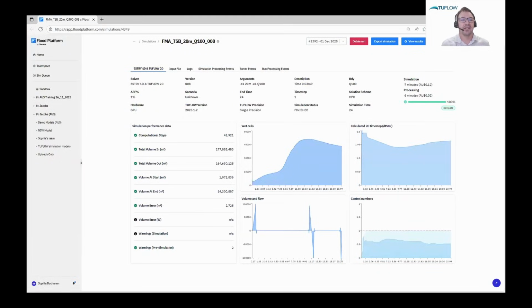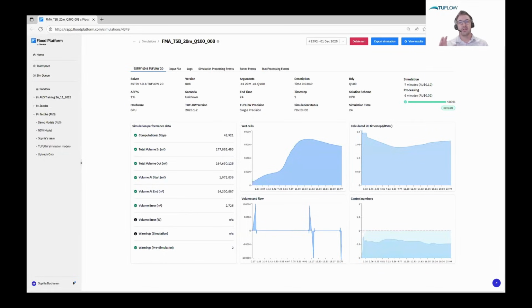I suspected that someone might ask, how much did that simulation cost to run on Flood Platform? The 3-minute simulation costs 12 cents. I should state that's just for the Jacobs Flood Platform hardware. It's not for TUFLOW software licensing.